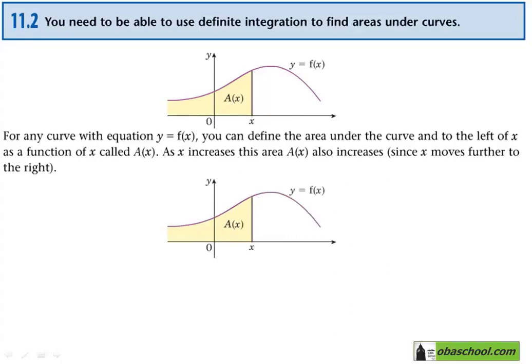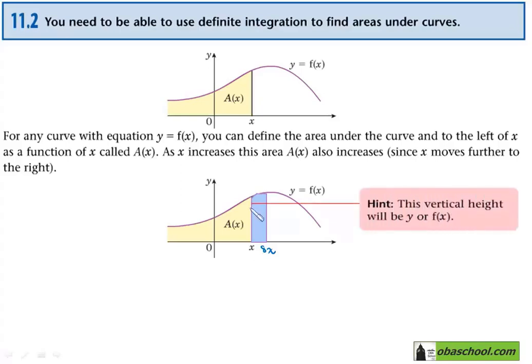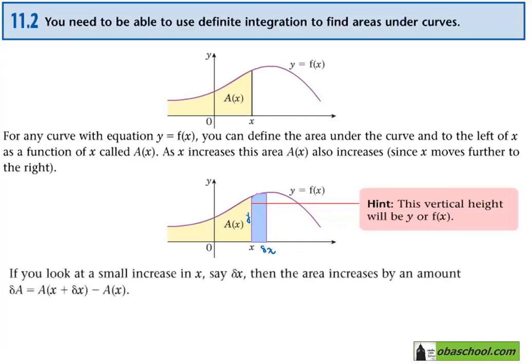We have the same function and graph as above. However, we add a small value to x, and we define it as delta x. This line is y equals f of x. So this is y. Since we added delta x to x, the area will also increase by a small value. If you look at a small increase in x, say delta x, then the area increases by an amount